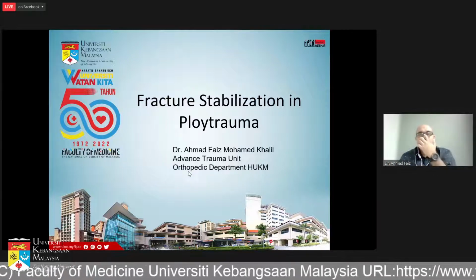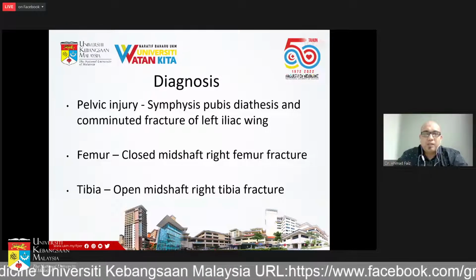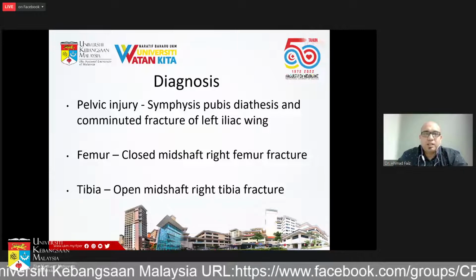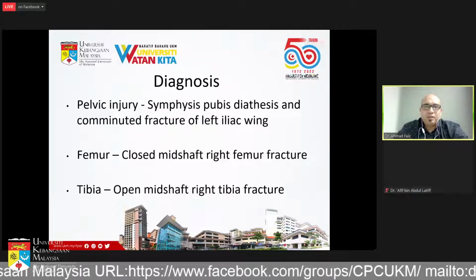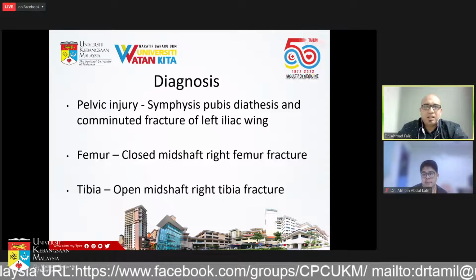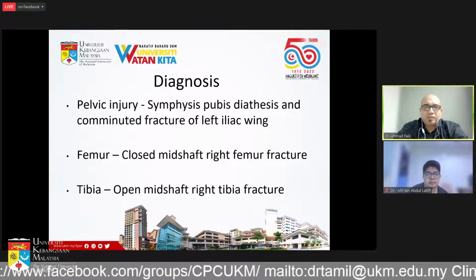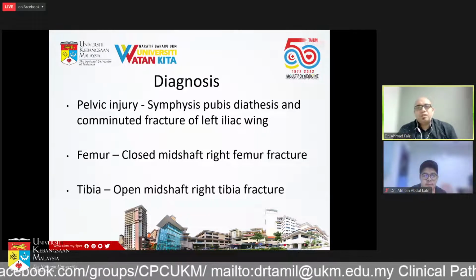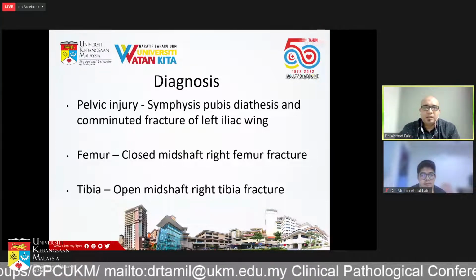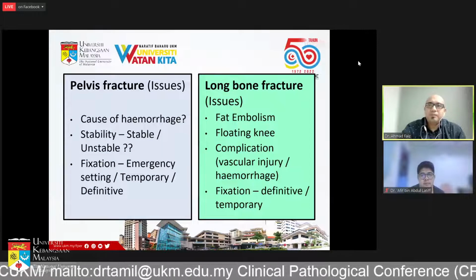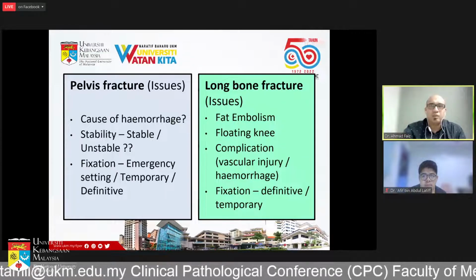Okay, so as far as the presentation has gone, we have the diagnosis of this patient, and the current problem on the orthopedic side involves the pelvis, which is symphysis pubis diastasis and comminuted fracture of the left iliac wing. He also has a closed midshaft right femur fracture and an open midshaft right tibia fracture. Looking at this, there are multiple fractures which we need to see as a whole and also address